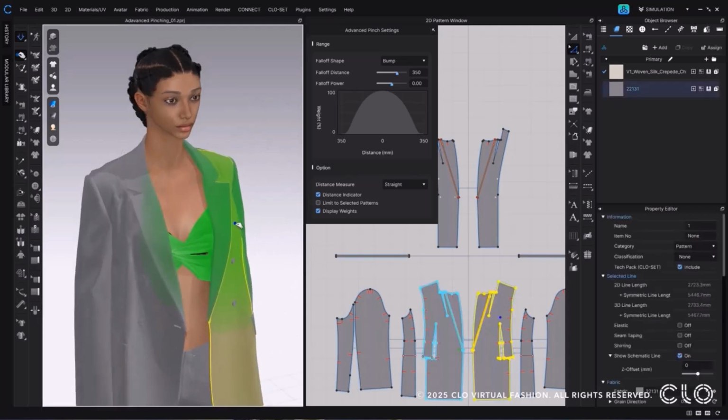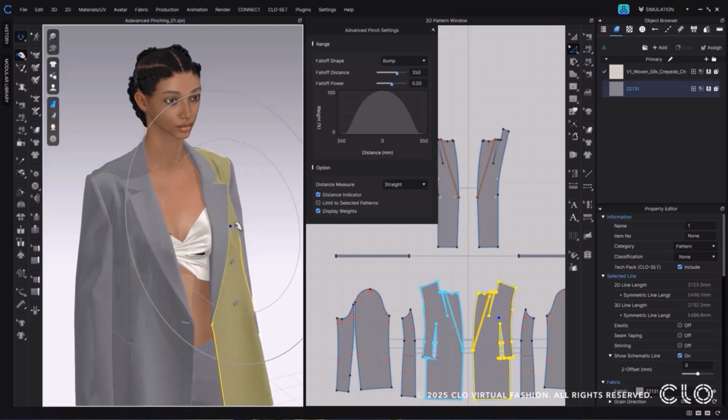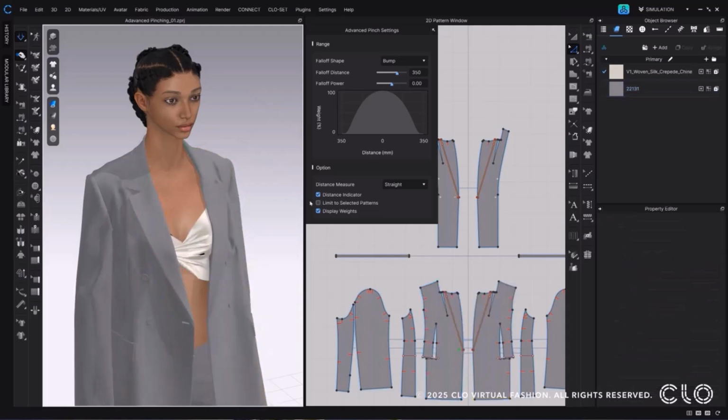Pinching the same area after selecting Straight mode enables pinching of all patterns within a certain distance from the picking point, regardless of the selected layer or whether the patterns are sewn together. When using this option to pinch the same area, you will see that all patterns within the defined distance are